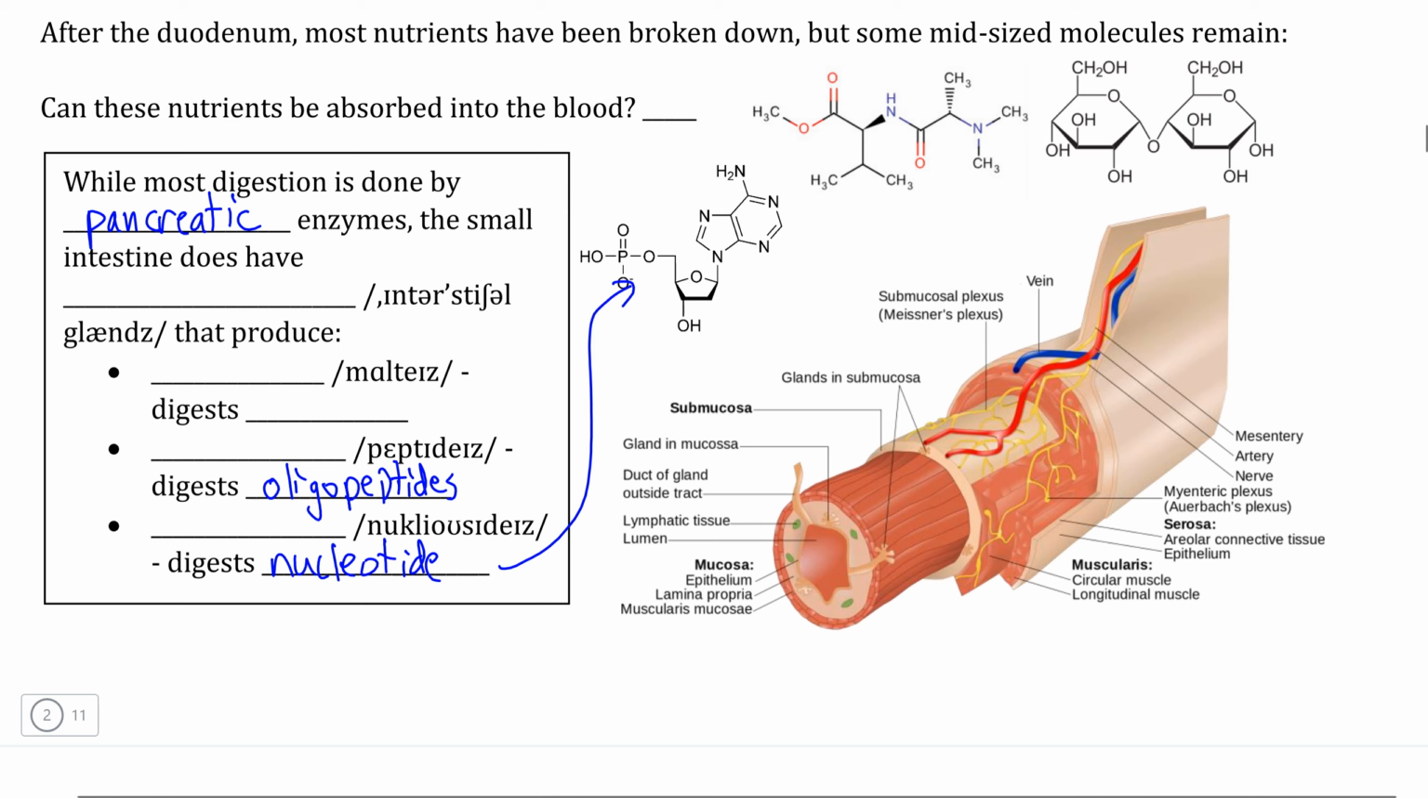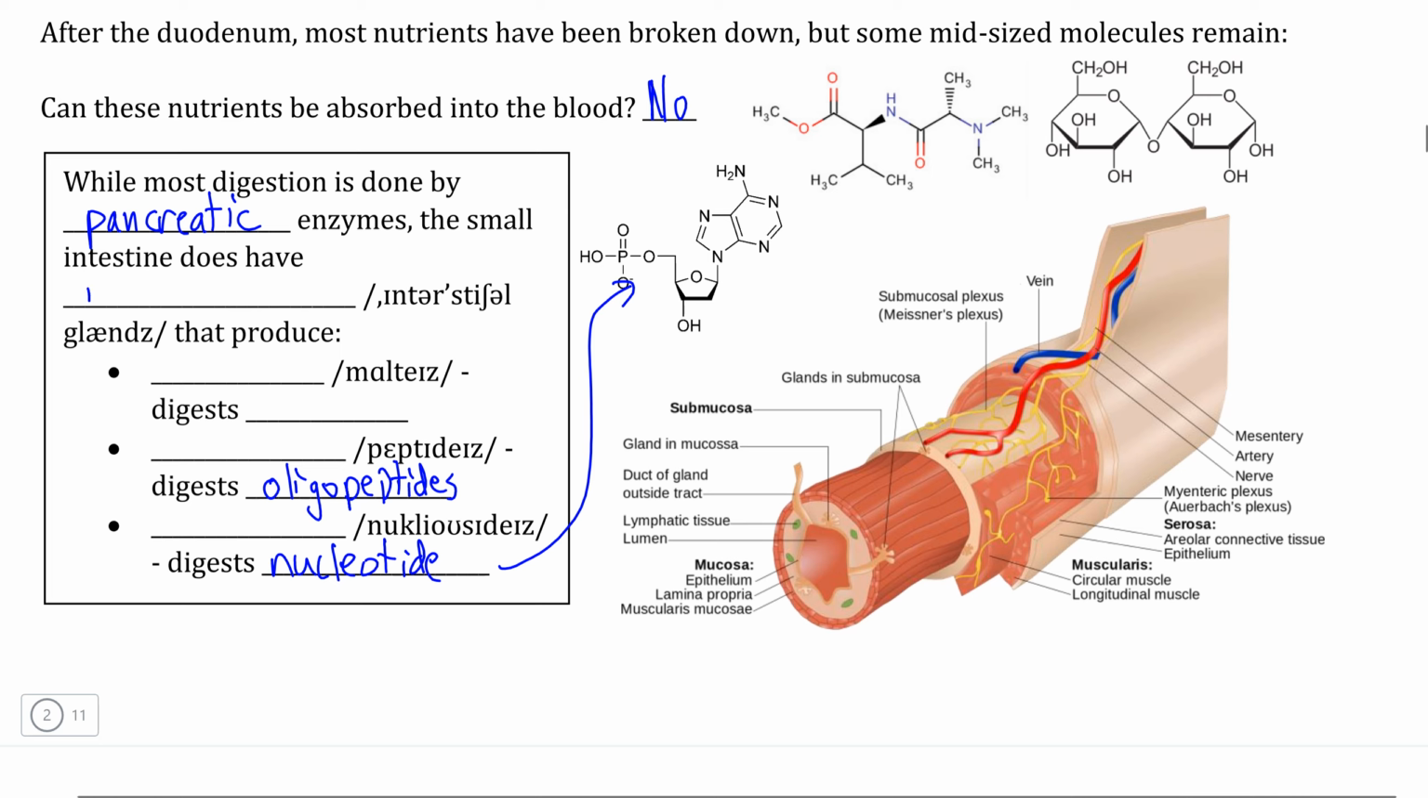Now the problem is that even though these nutrients are significantly smaller than the originally full-size nutrients, they are still too large to be transported into the capillaries of the villi individually, and so your digestive system, or rather your small intestine, actually needs auxiliary enzymes to break these down further, and these auxiliary enzymes can actually be produced by